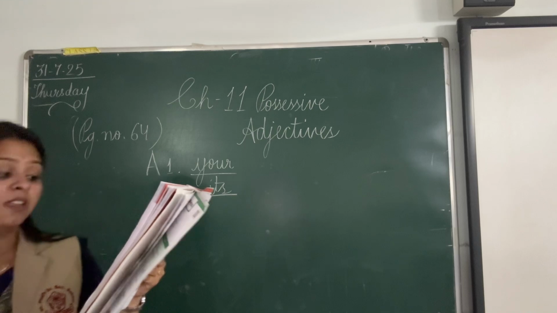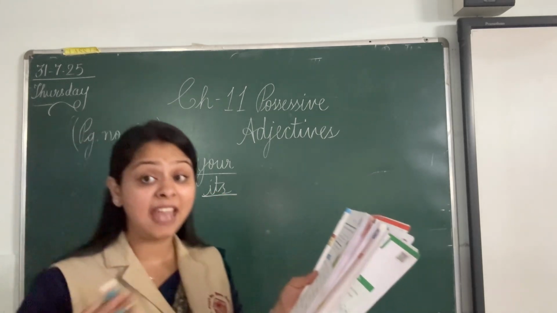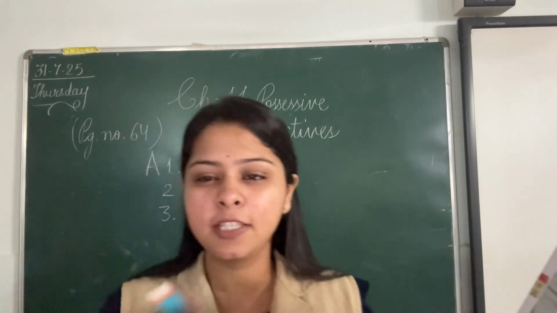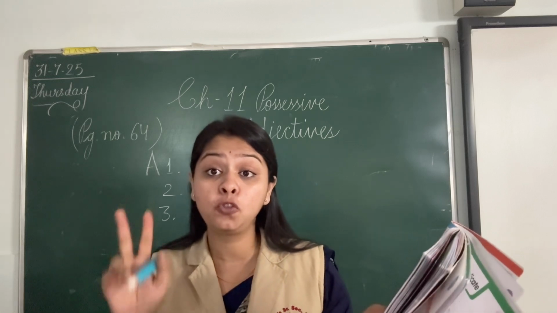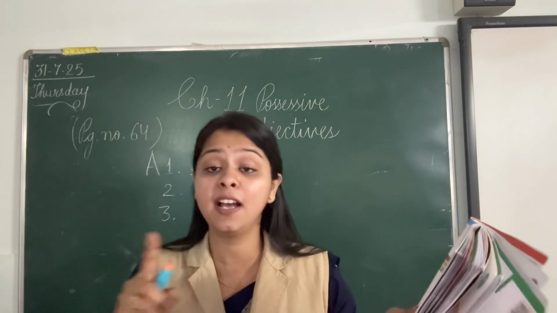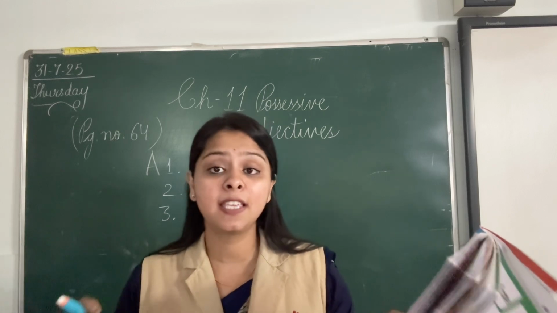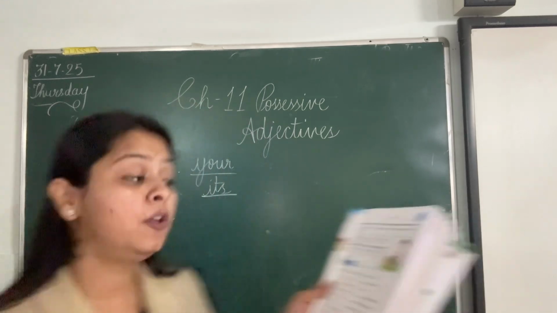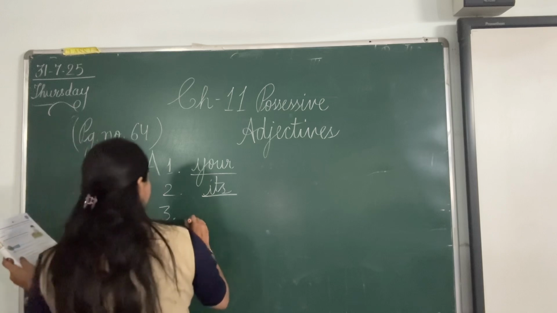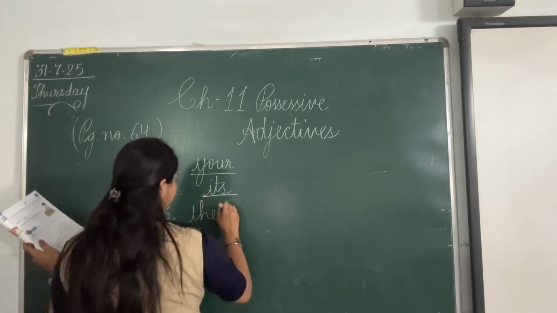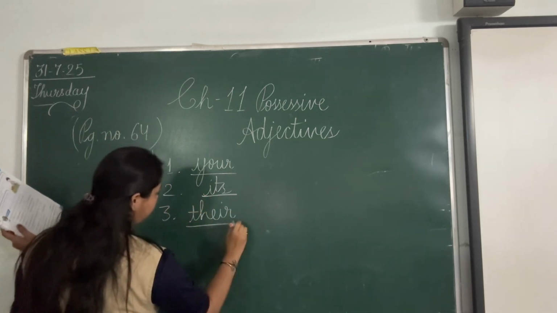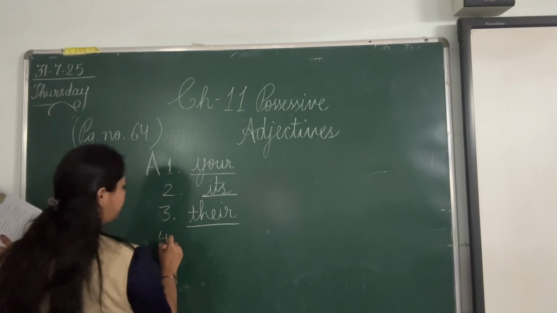Maria and Jennifer like dash new English teacher. Now it's used collectively for two persons, that is Maria and Jennifer. So what are we going to write? Maria and Jennifer like their new English teacher. T-H-E-I-R. Don't get confused, because at times you write this spelling incorrectly.